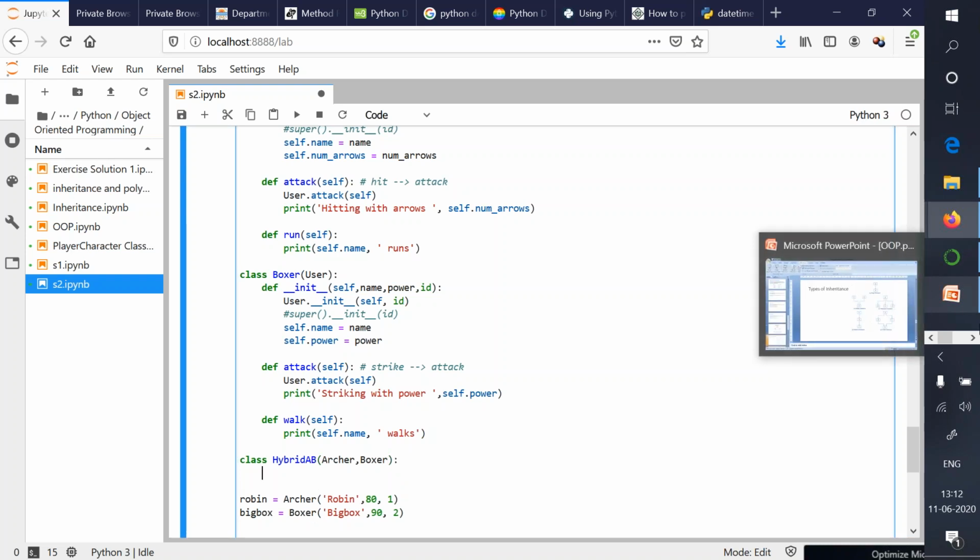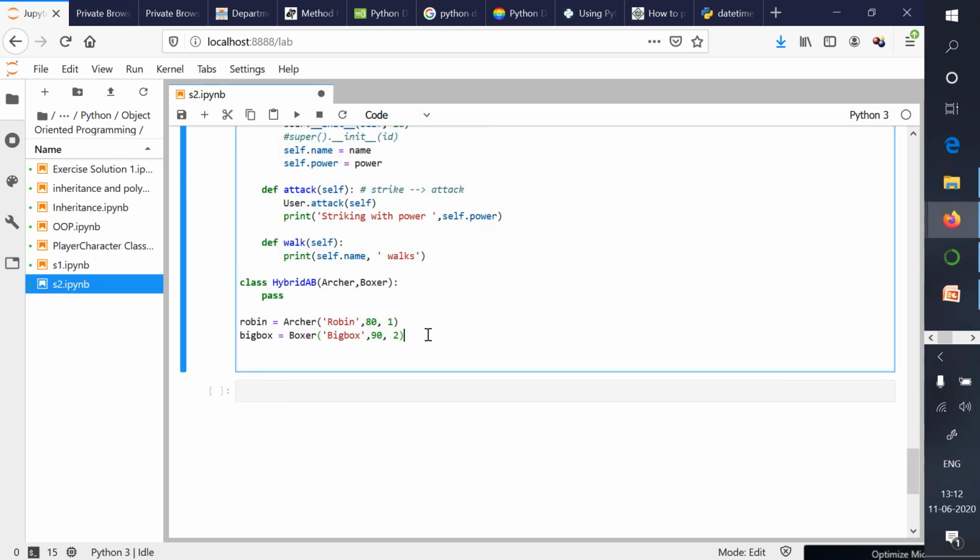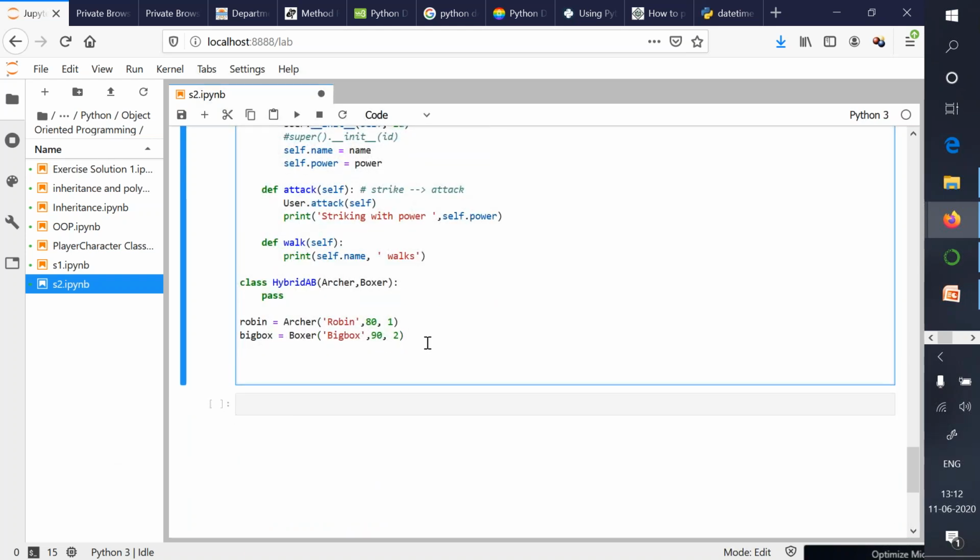So what we intend to do is inherit this class from this Archer class, which is defined over here, and this Boxer class, which we have mentioned over here. Now, in the first instance, we will not do anything and simply do pass. And let's create an object of our hybrid class now.